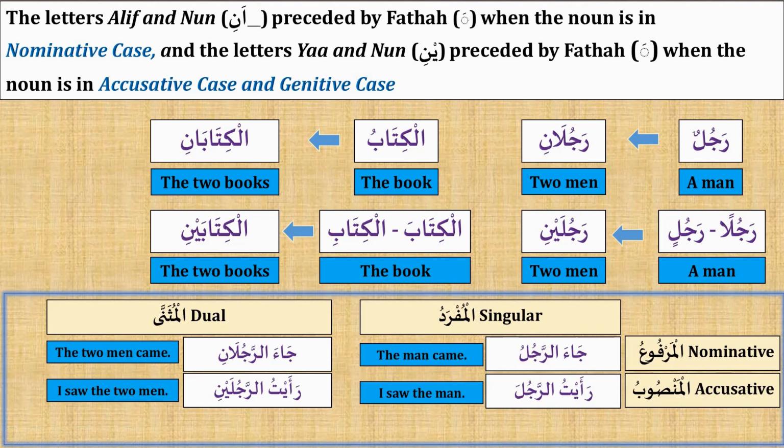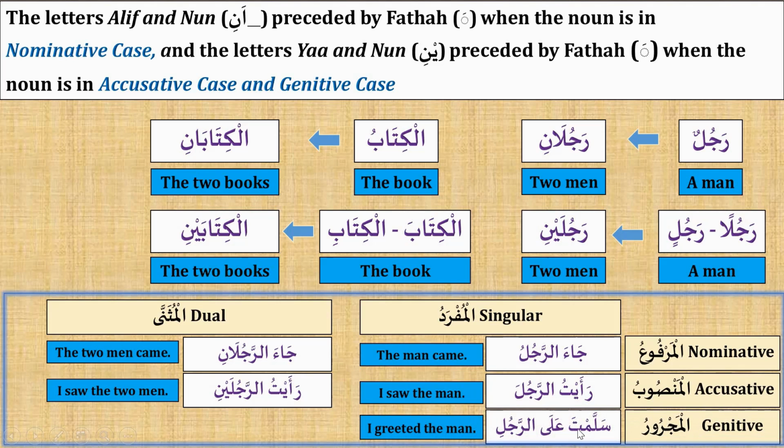The third case is al-majroor, genitive case. Sallamtu ala ar-rajuli, I greeted the man. And the dual form of this is sallamtu ala ar-rajulayn, I greeted two men. In both accusative and genitive case, the dual form must end with ya and noon. This is all for duals, and next